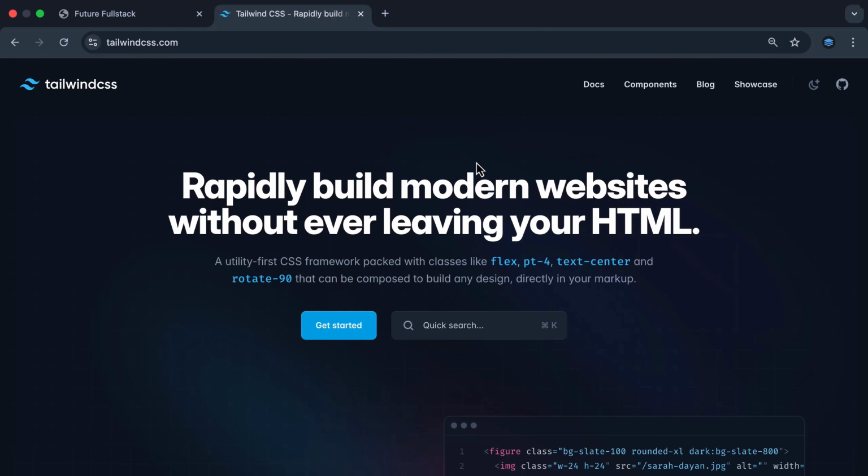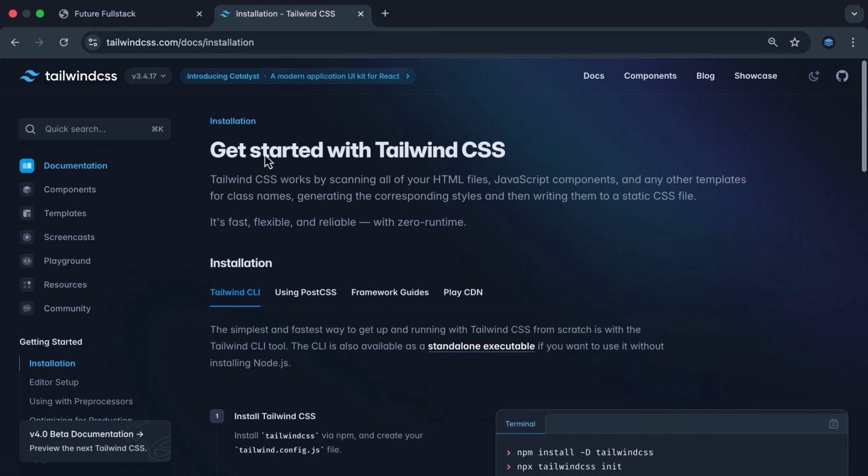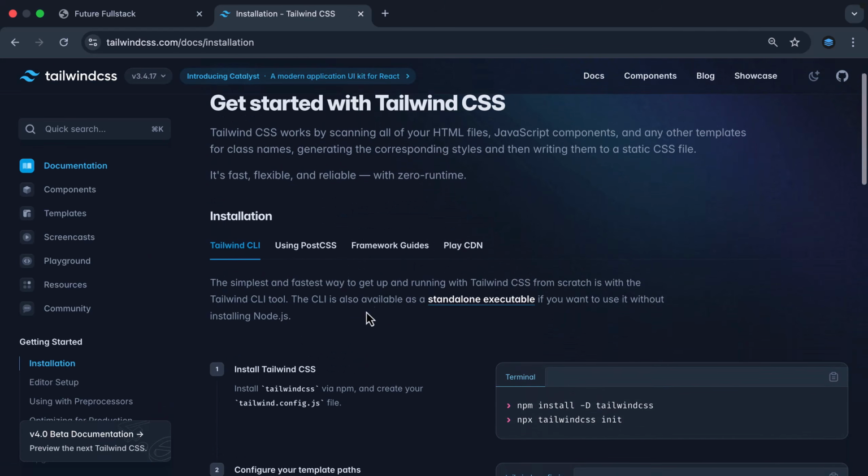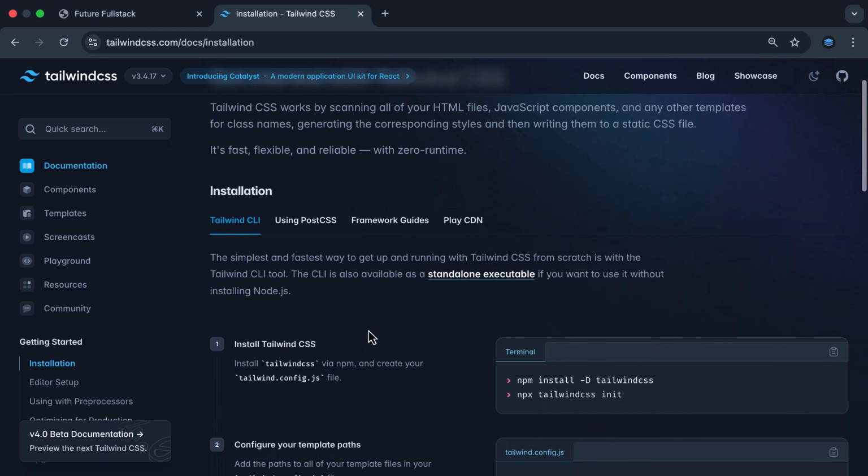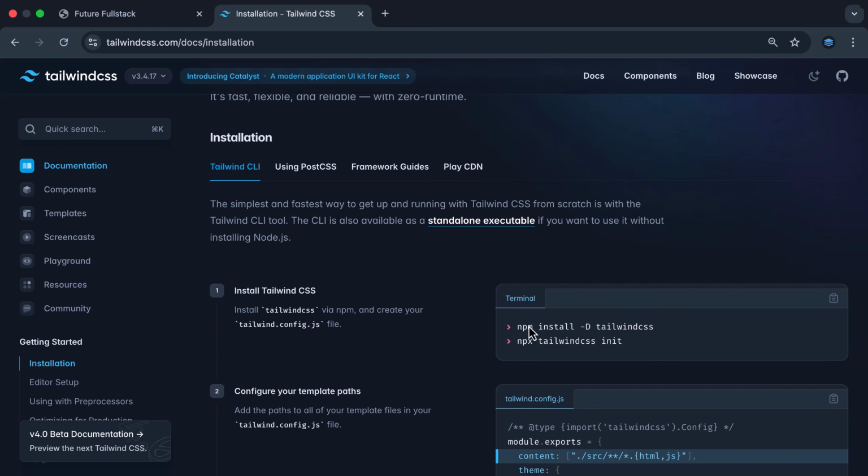All right, so let's get started on our project. The first thing we need to do is install Tailwind. I'm on the Tailwind CSS homepage. I'm going to go to Docs, and I'm straight away taken to the documentation on installation. Now, in a professional project, you're going to want to install Tailwind as a dependency in your project, using npm,